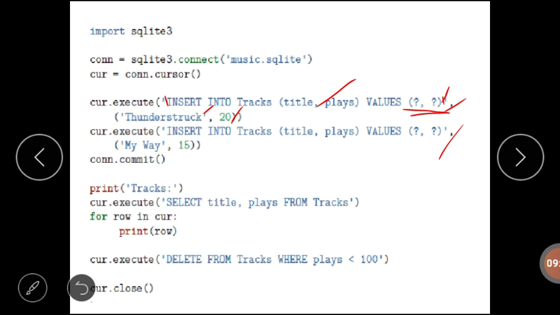If this method is not applied, then the insertion will be temporary and will affect only the current run of the program. Later we use the select command to retrieve the data from the table and then use a for loop to display all records.